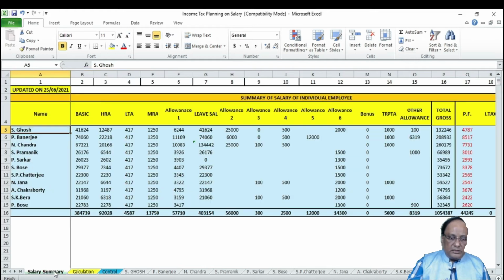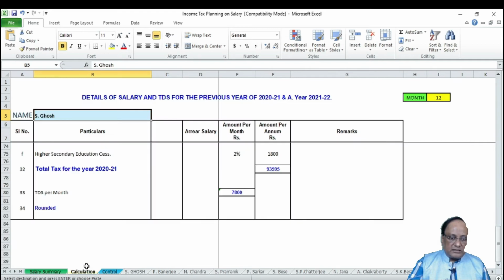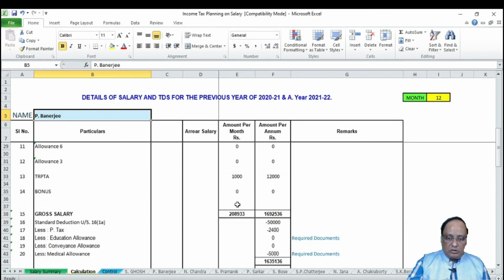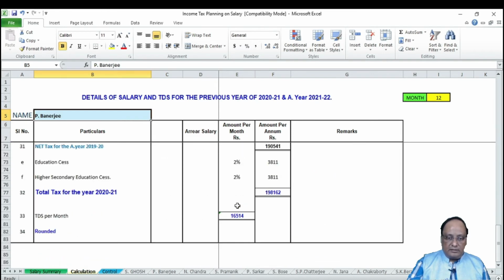For example, it is already copied over here, Mr. Ghosh. Now I am coming to the next man, P. Banerjee. I am copying P. Banerjee, and in the calculation sheet I just paste P. Banerjee over here. So every detail of P. Banerjee is getting calculated here.